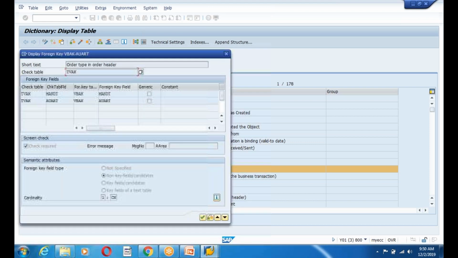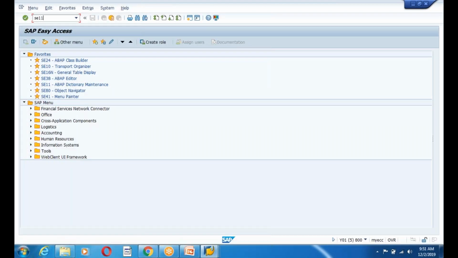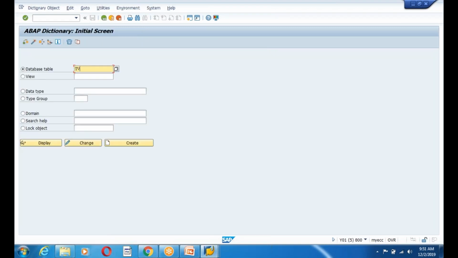By using foreign key relationship. Now you can see the foreign key they maintain. So here VBAK is the foreign key table, AUART is the foreign key field. But the check table for this is TVAK, guys. Create one more session, and SE11. It's a standard table, TVAK,